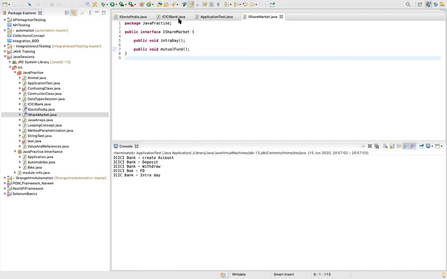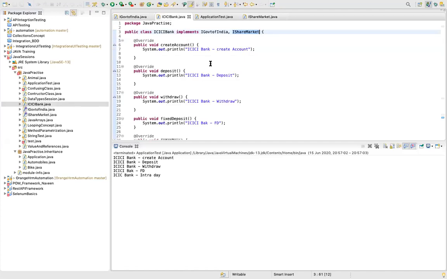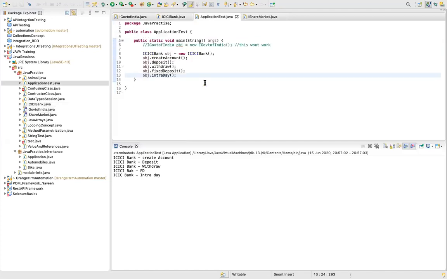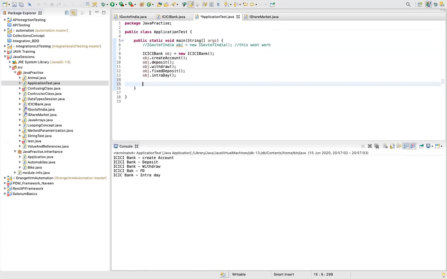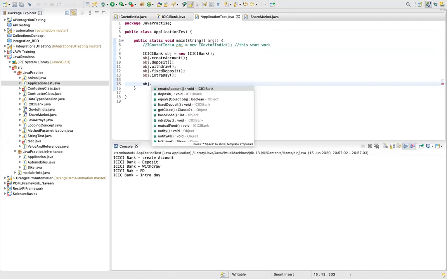We'll try to make some mistakes and then we'll learn again. Okay, guys, let's assume I go into this particular class. One more thing: all the variables of an interface are static in nature, by default. You cannot say obj dot minimum ROI.